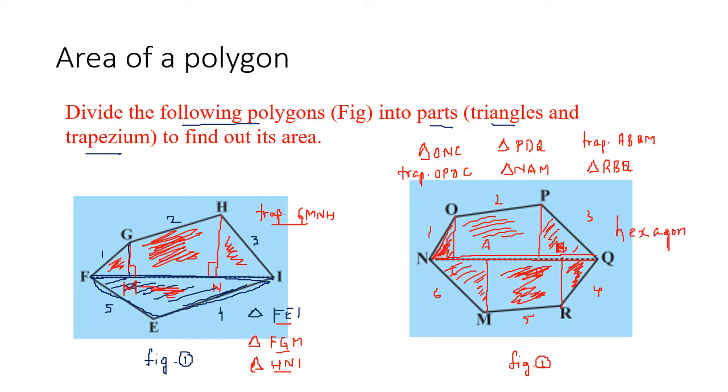And we know the formula to find area of triangles, that is half base into altitude, area of the trapezium, h by 2 (L1 plus L2). So what we have done here is, we have broken the polygons into convenient shapes. We'll find out the area separately, then add it together to get the final answer. In the first question, the solved example, they have told us to break up the polygon into convenient shapes. So I hope you have understood this clearly. Now since you have understood this, we'll try out a sum to see how it works.